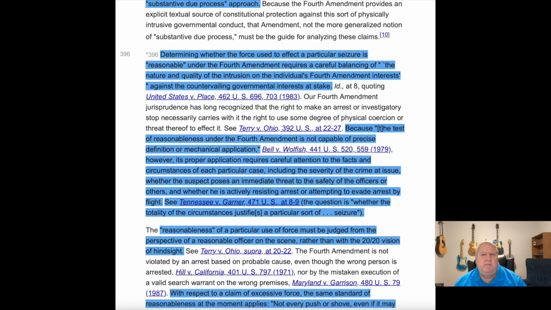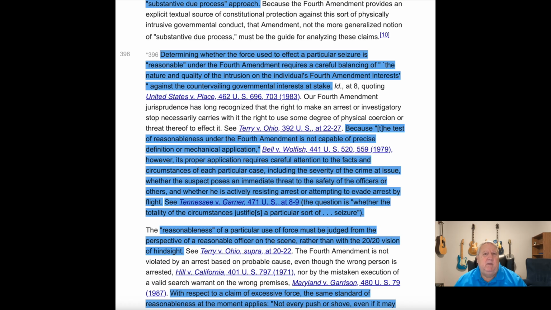Because the Fourth Amendment provides an explicit textual source of constitutional protection against this sort of physically intrusive governmental conduct, that amendment, not the more generalized notion of substantive due process, must be the guide for analyzing these claims. Determining whether the force used to effect a particular seizure is reasonable under the Fourth Amendment requires a careful balancing of the nature and the quality of the intrusion on the individual's Fourth Amendment interests against the countervailing governmental interests